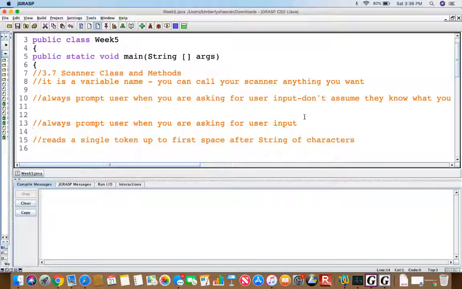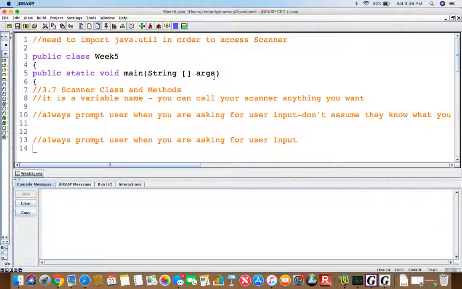Hi everybody. I wanted to make a video kind of walking you through the different things that you're going to have to do in your studies of 3.7, which uses the scanner class, and also 3.8, which introduces you to the idea of parsing. So in the scanner class, one thing that you're going to need to do is you're going to have